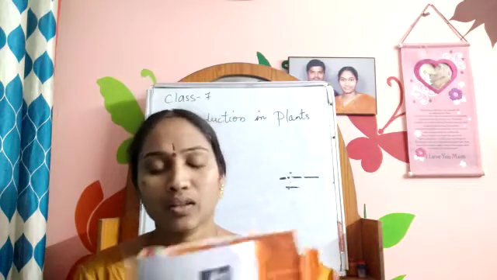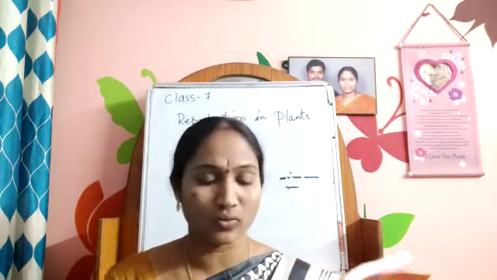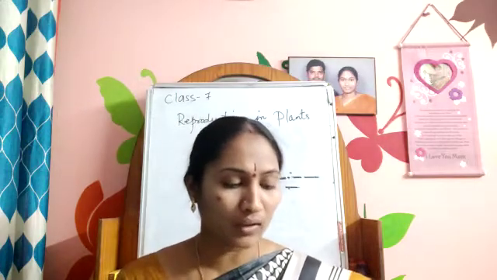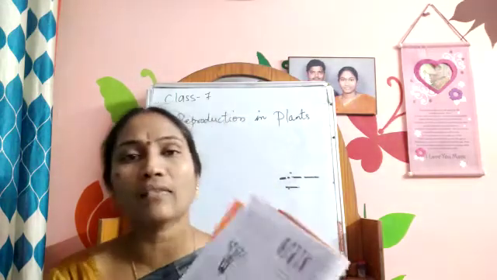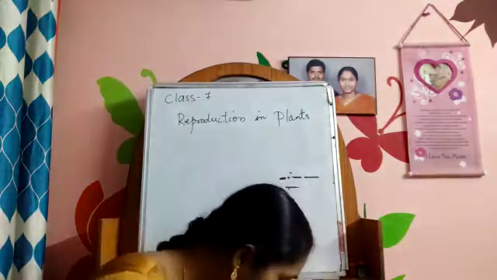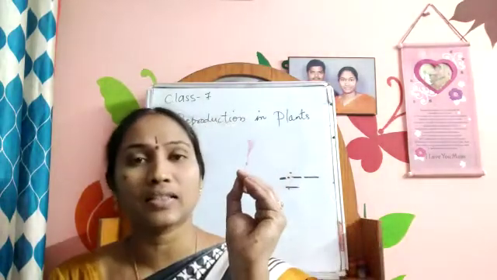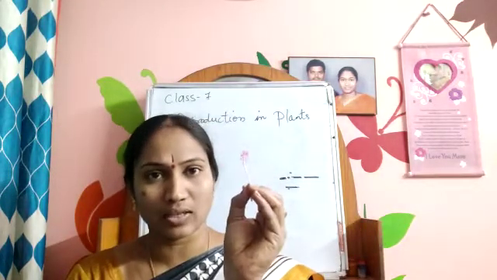So this is your homework, children. Take at least 4 or 5 flowers. Like one is hibiscus and another one like datura is very important. And in the rose flower you can take the number of petals and sepals, but we cannot find the stamen and the anther in the rose flower. So for that, take the plants that are having stamen and the style like this. These types of flowers you have to take out.